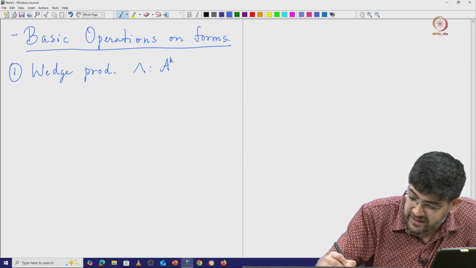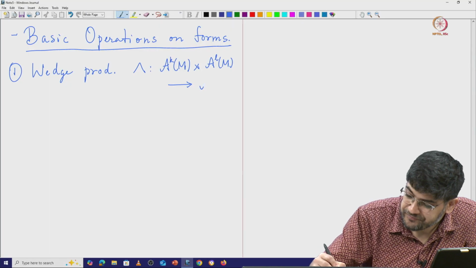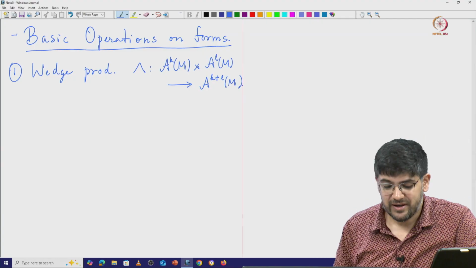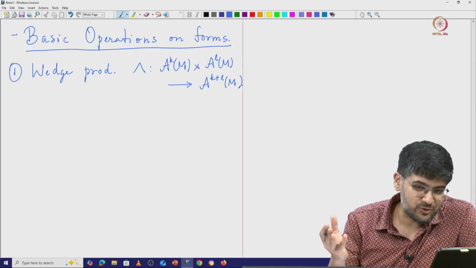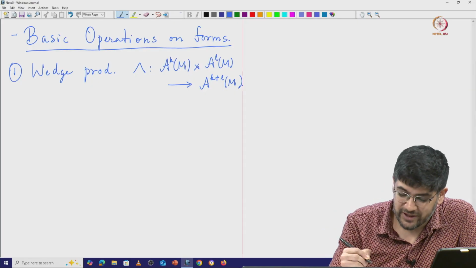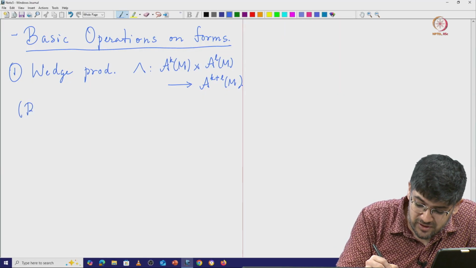So this takes in a k form and an l form and spits out a k plus l form. Okay. So I'm not going to write down what this means. You all already know this from your smooth manifolds course. So let me just remind you